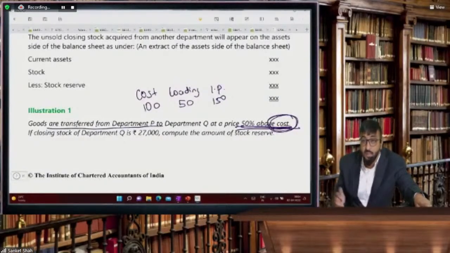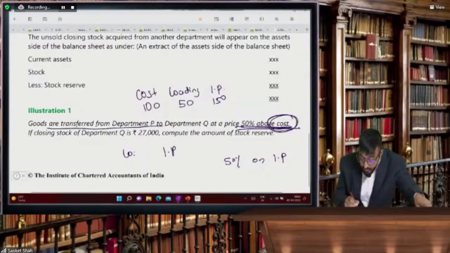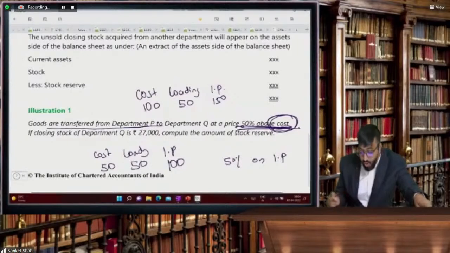Okay. If it is 50% on selling price or invoice price, then equation will be invoice price, loading and cost. Here 100 is invoice price, profit is 50 and cost is 50. But this is not the case. This is the correct equation. 50% above cost. 50% above cost. Okay. And now